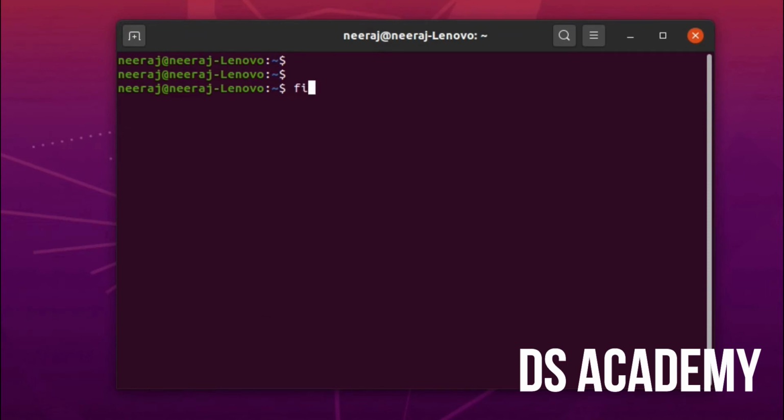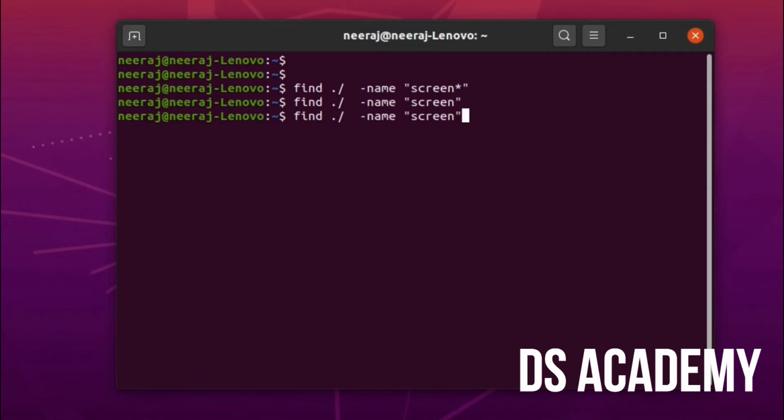The next command is the find command. What the find command does is find a particular file inside my current directory or the provided path. So if I say find, with the current path, and the name screen star, basically the screen recorder file, this is supposed to be the name of this particular file.